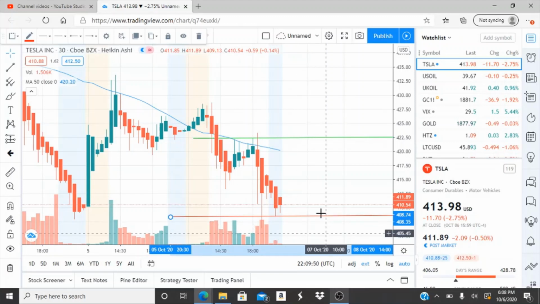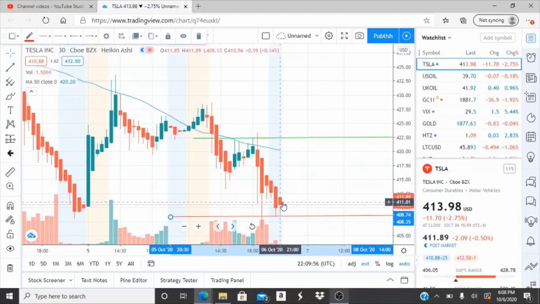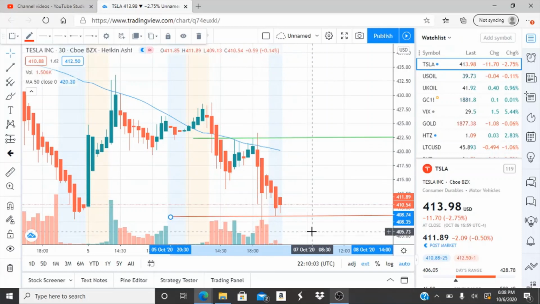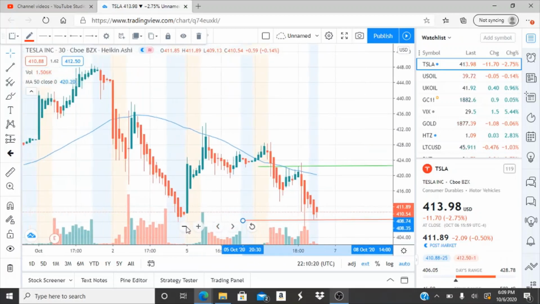Super important to pay close attention to 408.74 and how quickly is it moving down, because we're already in bearish territory, and by breaking through these support levels, this is just reaching newer lows, further away from the 50-day moving average in a downward direction. So bear that in mind. I want to emphasize that. Watch the behavior of this stock if it breaks through 408.74, and how quickly is it moving closer to 406. And if it breaks through 406, pay very close attention to how quickly it's moving down and hitting newer lows and newer support levels.